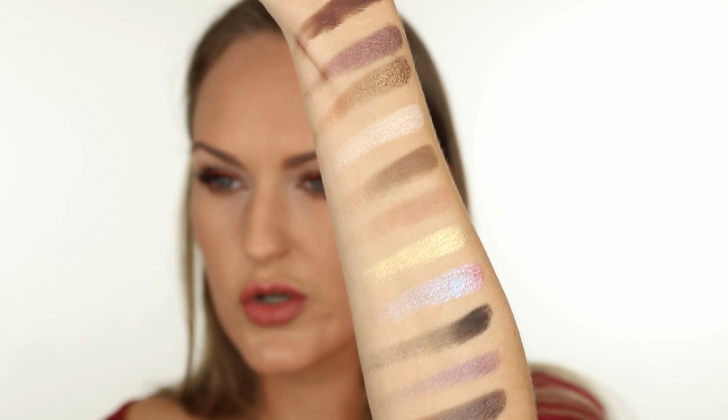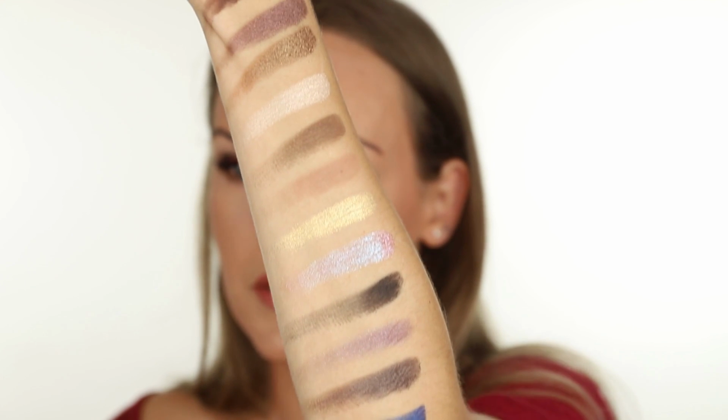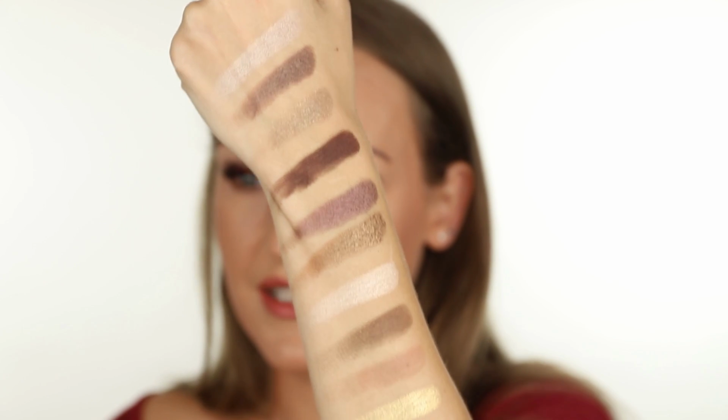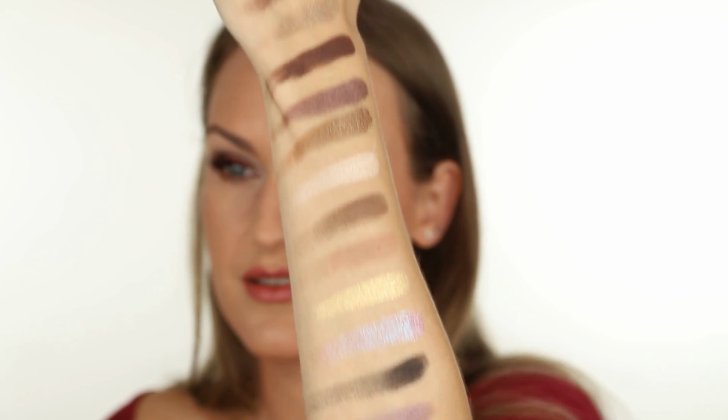So, it's interesting enough. I think if you're looking at this color story and going, hell yeah, that's my jam, I love it, I want both, you have to keep in mind that in Australia, this is going to set you back $275 for these eyeshadows. So you need to know if that is worth it for you or not. I'm very happy that I got these on sale because in my personal opinion, I wouldn't say that it's worth it,